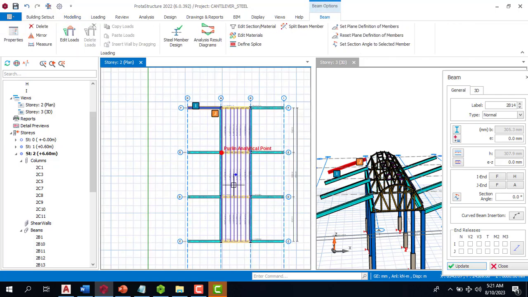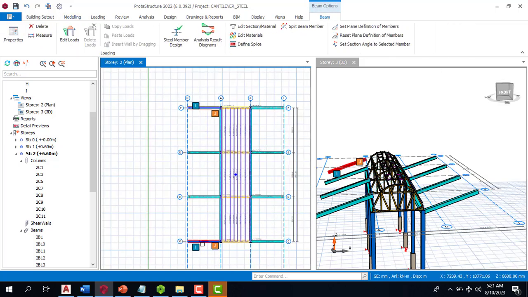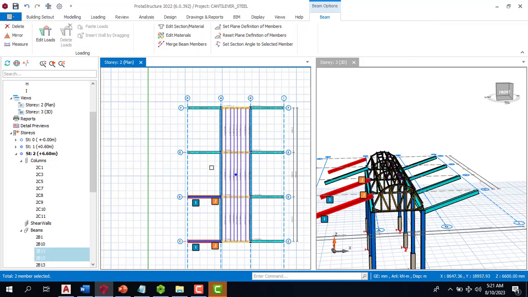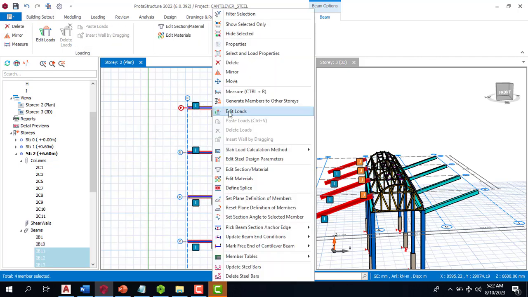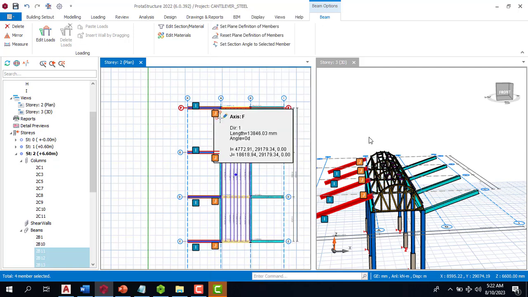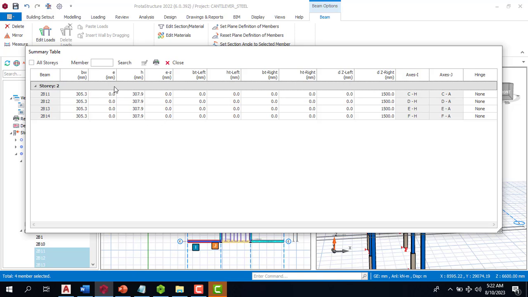So in order for us to reverse this, I can just highlight all these beams by holding my control to select all of them to pick. If I come to the property here, you can see it brings out a menu for us. Now, you know, this is I, this is J. So along DZ